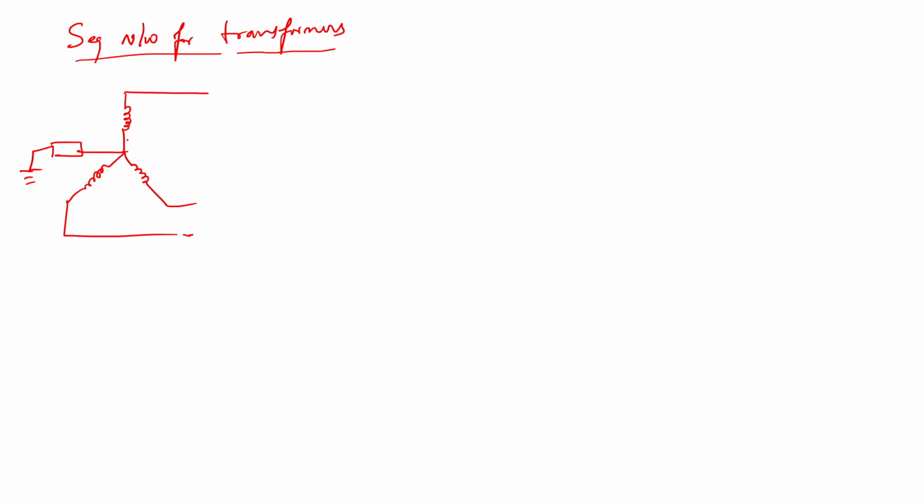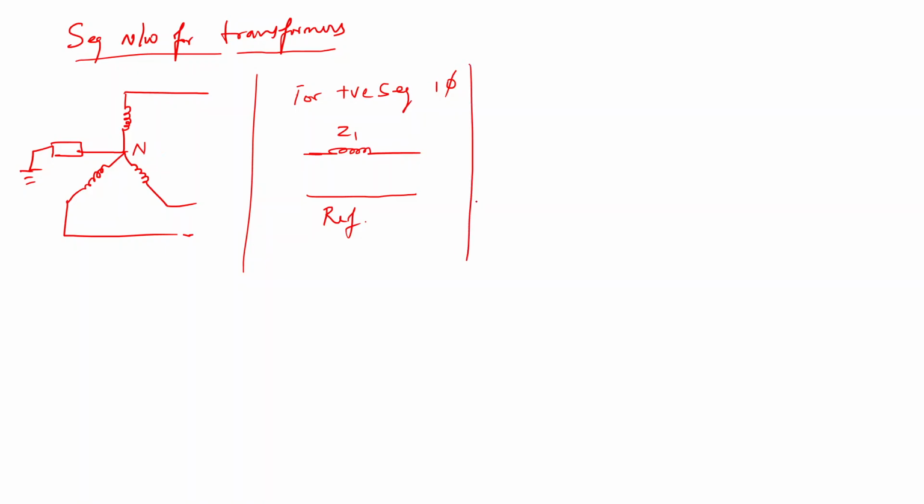So if that is the case, I will draw a single phase sequence diagram now. For positive sequence, single phase, maybe R phase or anything. At that time I will get one inductance and then one reference, that's all, Z1 for positive, because there is no EMF presented here or generated here. So only take the impedance for the first one and take this as a reference. Here it will be a neutral only, because for positive sequence I will take only neutral.